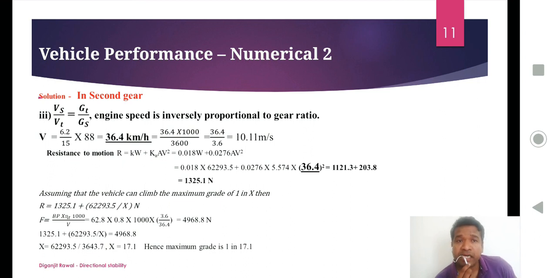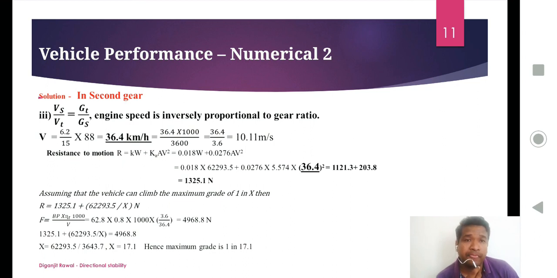So it becomes 10.11 meter per second. So in second gear, to find out resistance to motion, we consider the equation R is equal to Kw plus Ka capital A V square. This is already given in the numerical. So putting all the values, we find out R is equal to